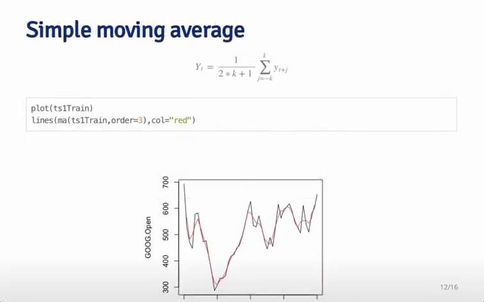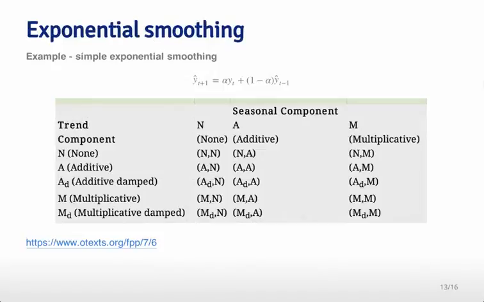There's a couple of different ways of doing forecasting. One is to do a simple moving average, which basically averages up all of the values for a particular time point. The prediction will be the average of the previous time points up to a particular time. You can also do exponential smoothing. In other words, we weight nearby time points more heavily than time points that are farther away. There's a large number of different classes of smoothing models that you can choose.